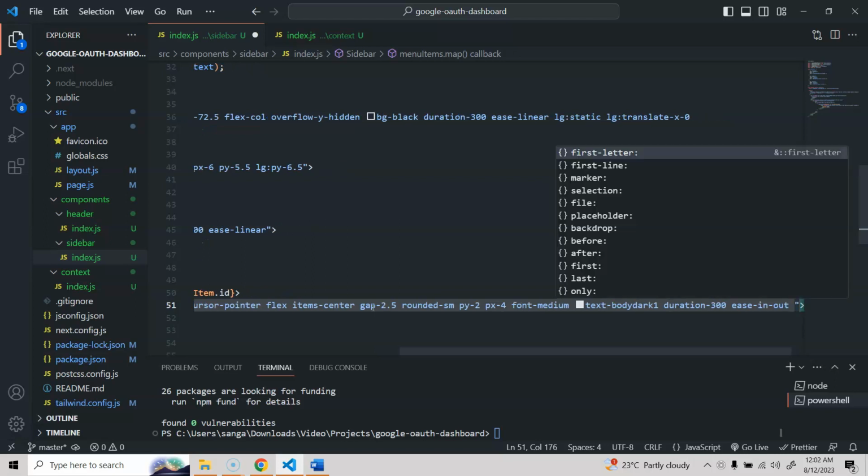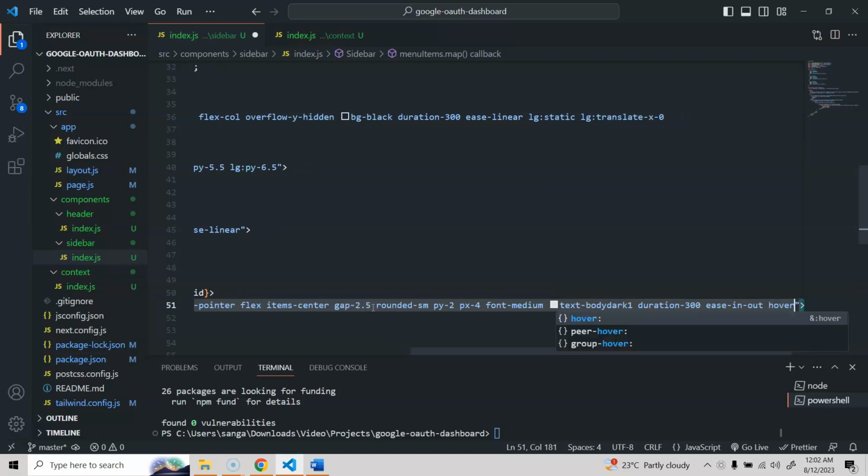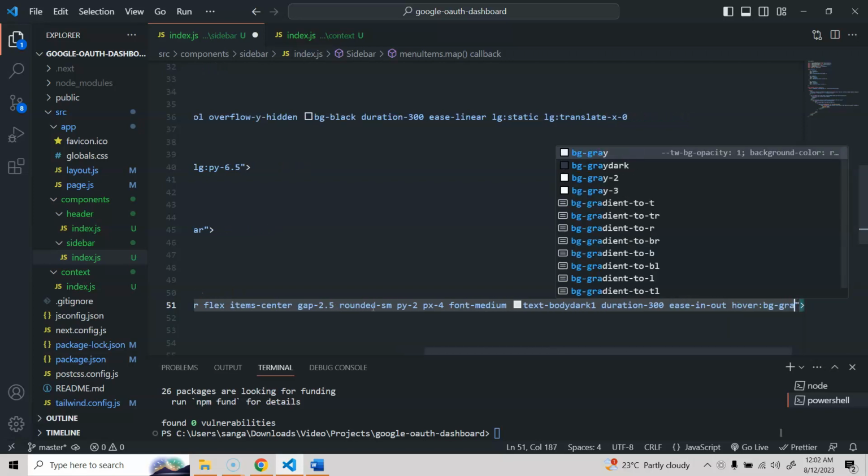All right, also we are going to do a hover. For hover, what we are going to do, we'll do bg gray dark,